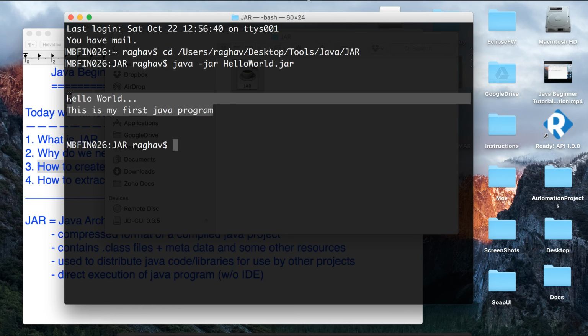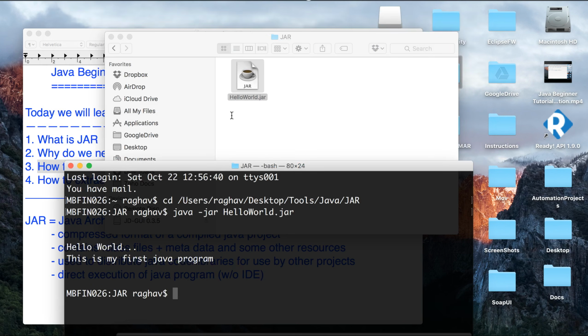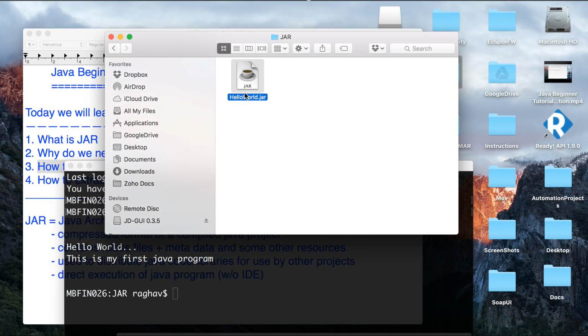Okay, so this becomes very handy that you can create a jar file out of your project and then you can execute it directly, and you can also send this jar file to anybody and he can import this jar file into his project, and all the code that you have written becomes available to that program, and we will look into detail how exactly we do that.